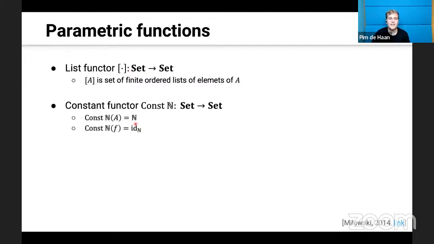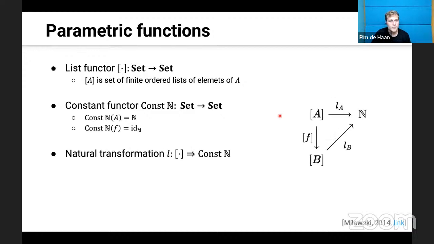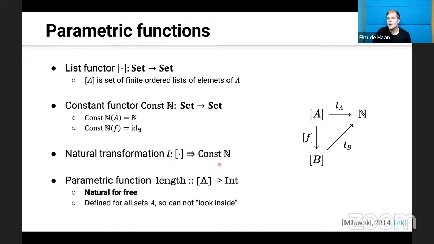Another functor we can make is the constant functor. It maps every set to, in this case, the set of natural numbers, and it maps every morphism to the identity morphism on the natural numbers. And now we can construct a natural transformation which maps from the list functor to this constant functor. And what does it do? Well, one of the natural transformations we can cook up is the length functor. It takes a list and it outputs the